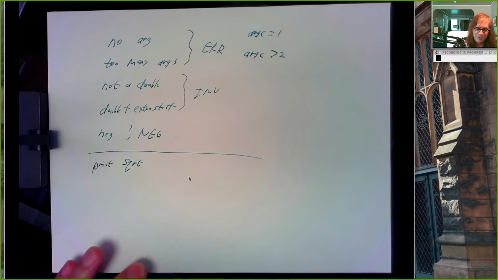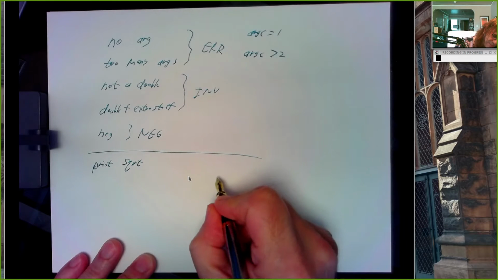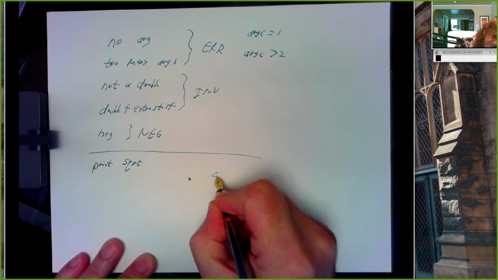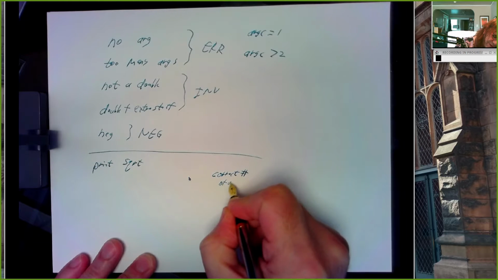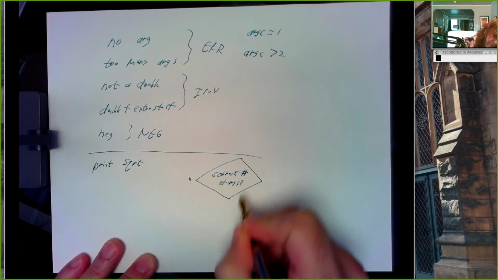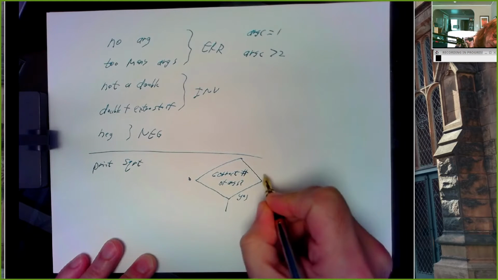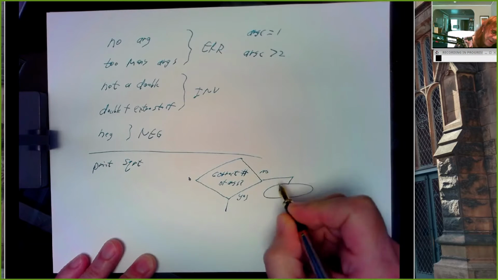So if we want to think about this in terms of flow, right, we could do something like this. Do we have the correct number of arguments? If yes, we're going to go on. If no, then we're just going to print out error,